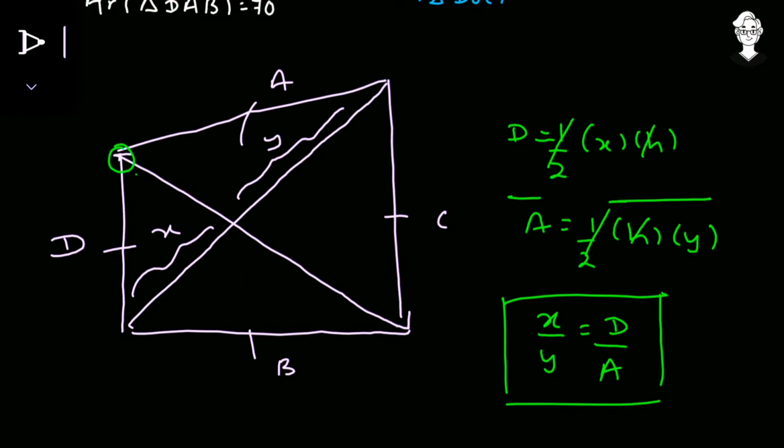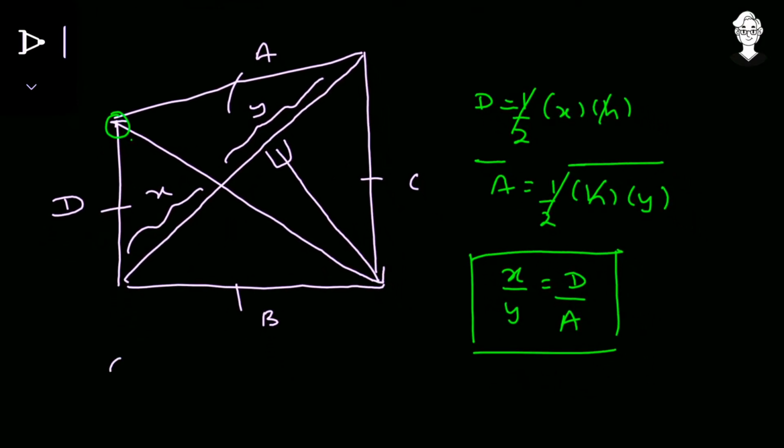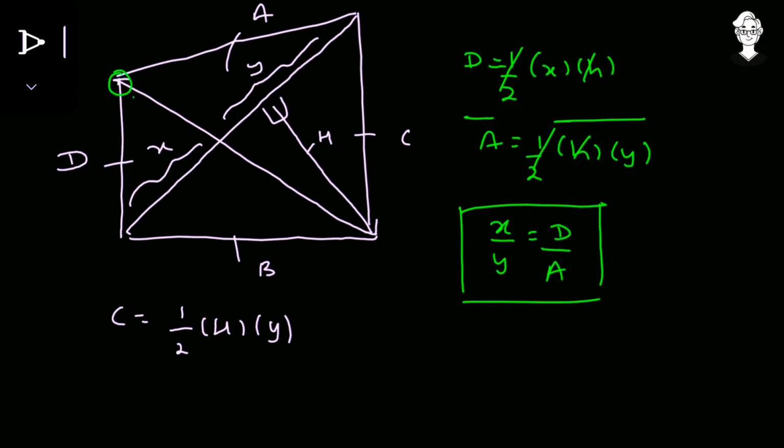area. So here I am again drawing a perpendicular. So the area of the region C according to this would be, let the height be equal to capital H. So its area becomes half the capital H, the base, that is equal to Y. And now the area of the region B.